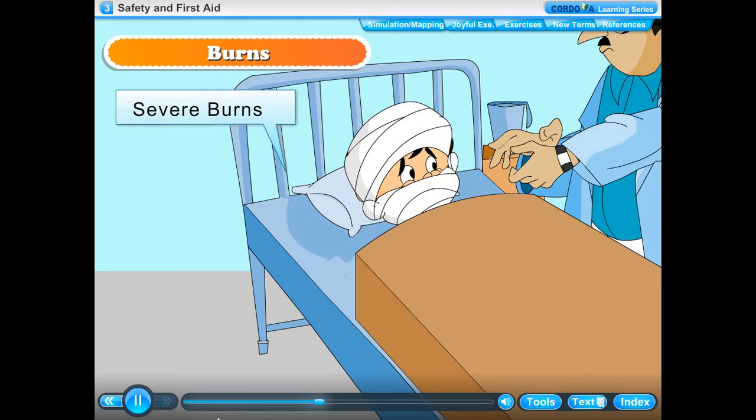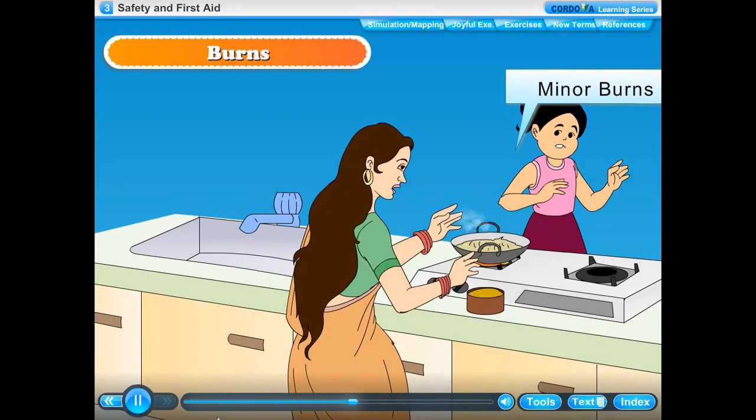Severe burns need special care. Sometimes blisters are formed in the burnt part. They should not be pricked. Cover the burnt area with a clean piece of cloth to protect it from germs and also from dust particles and insects. Wash the burnt portion immediately with water. Chemical burns. When the burn is caused by a chemical like acid, wash the affected area with plenty of water to remove the chemical. Then give first aid as for the other burns.